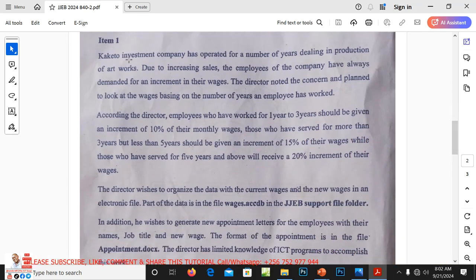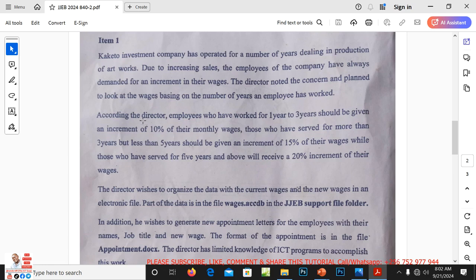Item 1 says that Kaketo Investment Company has operated for a number of years dealing in production of artworks. Due to increasing sales, the employees of the company have always demanded an increment in their wages. The director noted the concern and planned to look at the wages based on the number of years an employee has worked.